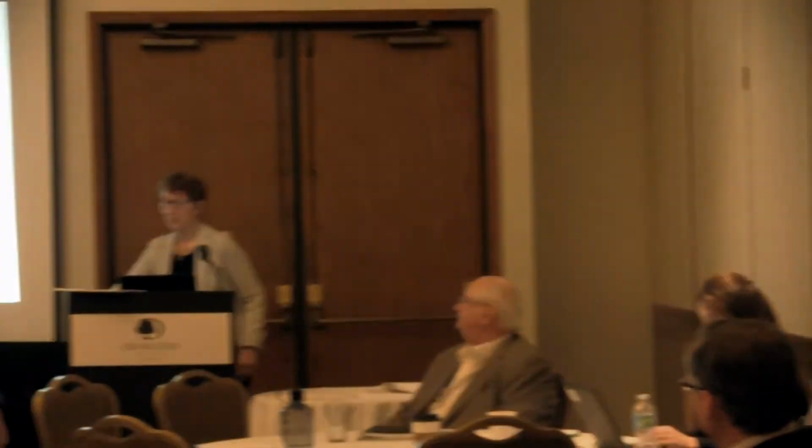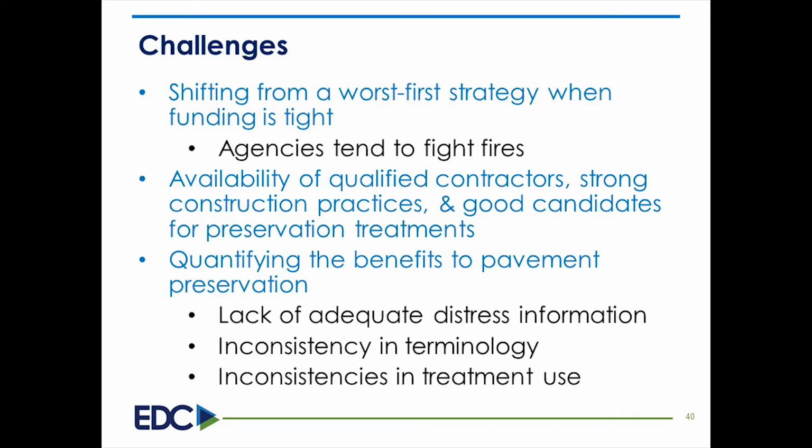So what I'd like to do is address two things. One is I want to talk a little bit about some of the challenges that we expect to see in moving forward and developing an implementation plan. And then I'd like to get to some ideas for what might actually help the DOTs advance this idea a little bit further. So I want to start with some of the challenges that have been recognized by some of our task group, technical work group, and by some of the earlier summits that we've participated in.